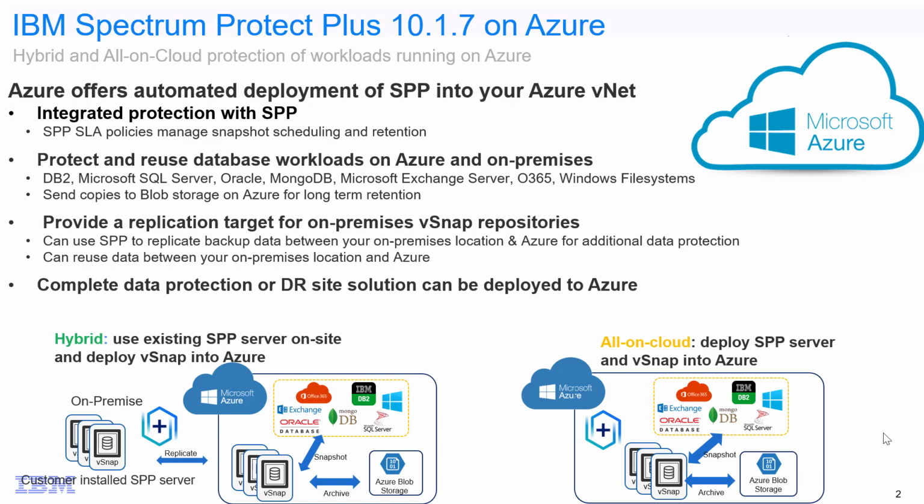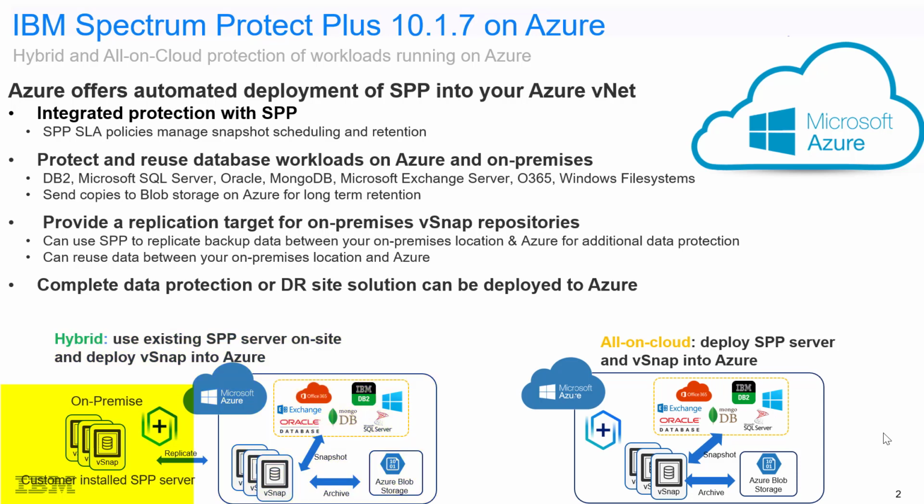Hi, welcome to this demo of IBM Spectrum Protect Plus version 10.1.7 on Microsoft Azure. Spectrum Protect Plus is now available to be deployed automatically from the Microsoft Azure Marketplace into either a new or existing vNet. And Spectrum Protect Plus can be deployed either in a hybrid model where the Spectrum Protect Plus server